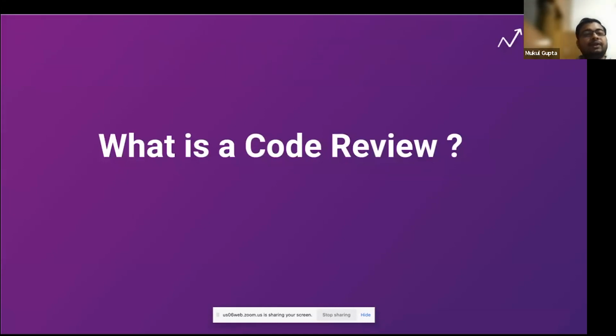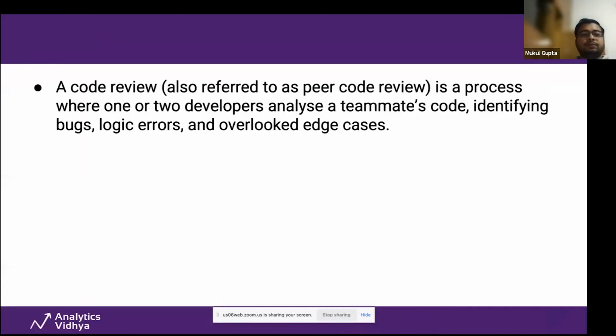Let's start deep diving into what a code review actually is. This is a formal definition of code review. A code review, also referred to as a peer code review, is a process where one or two developers analyze a teammate's code, and they identify any bugs, logical errors, and overlooked edge cases. So this is more of a formal definition, but as we start deep diving into